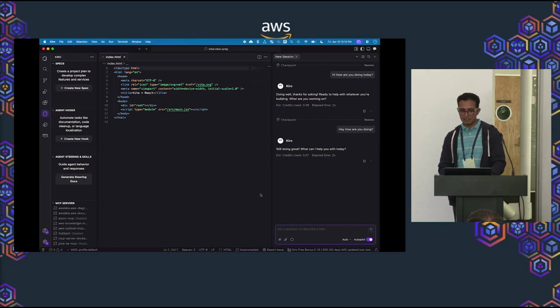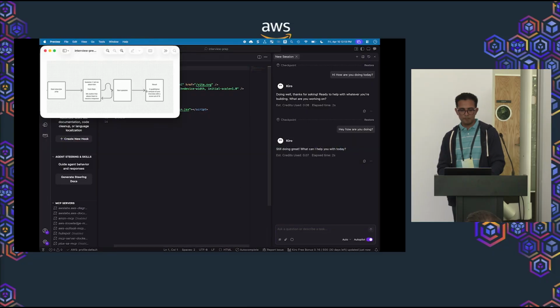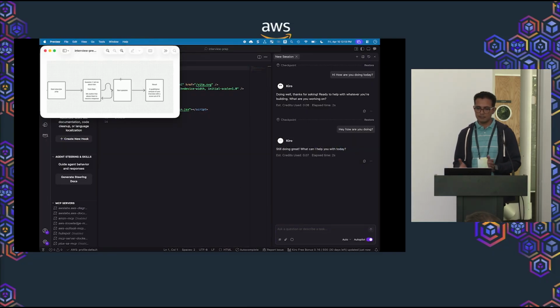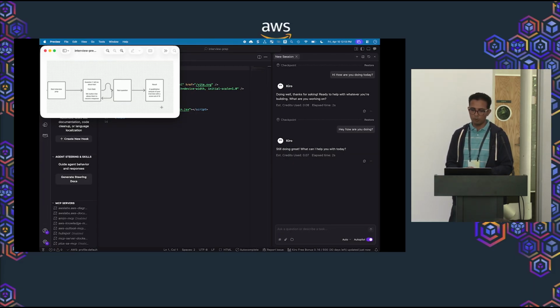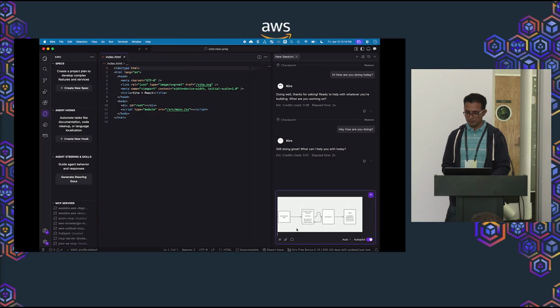So what I'll do is I'll start with a simple product building, right? In this demo, I have put together this simple high-level flow of an app that I want to build, and this is an interview preparation app. I want to build an app that actually helps me prepare for interviews. So I put together this diagram. It basically starts with the interview prep, asks me a couple of questions, and then performs an analysis of how I did. So I copy this, go to this chat window, paste it here, and say,